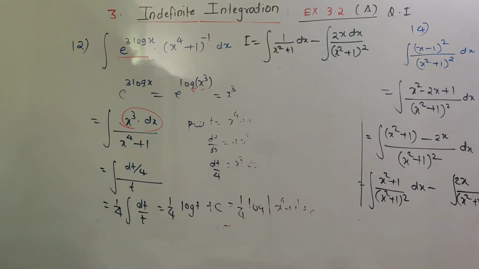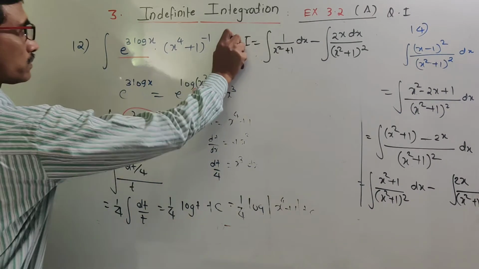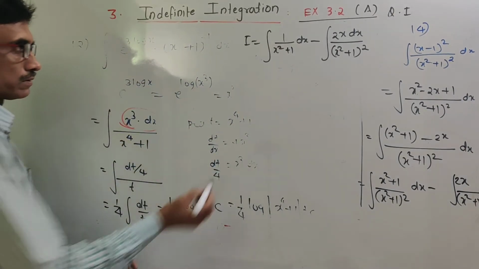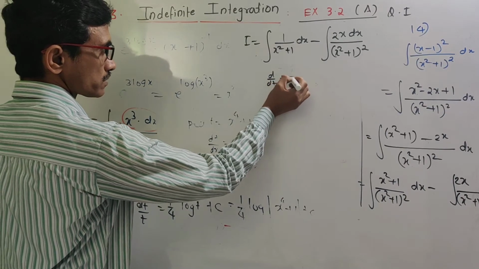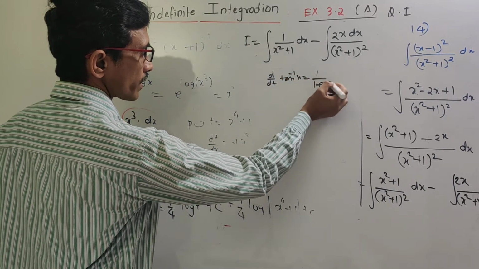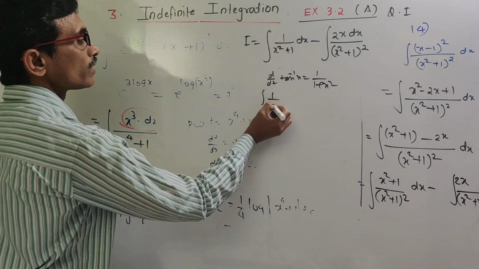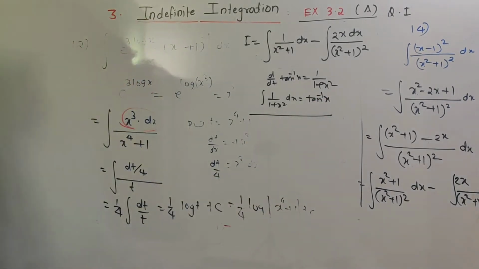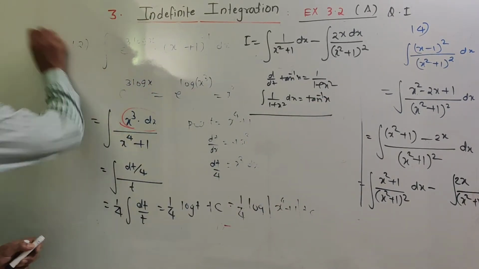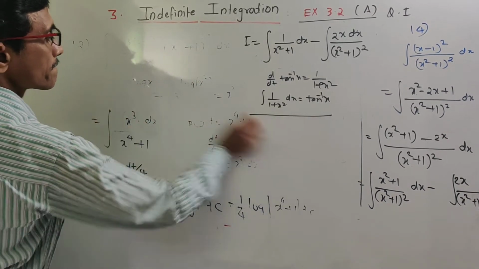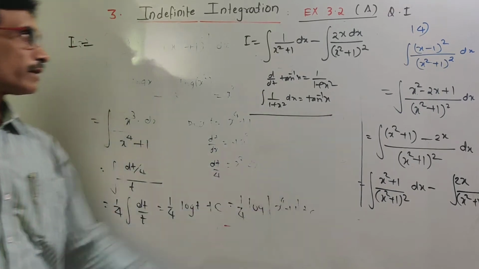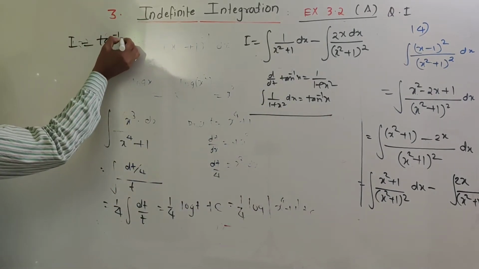Now we have a formula, the derivative of tan inverse x. See, the derivative of tan inverse x is 1 upon 1 plus x square. Therefore integral of 1 upon 1 plus x square dx is equal to tan inverse of x. We are using this formula here, so that I is equal to dx upon x square plus 1, which is tan inverse of x, minus,